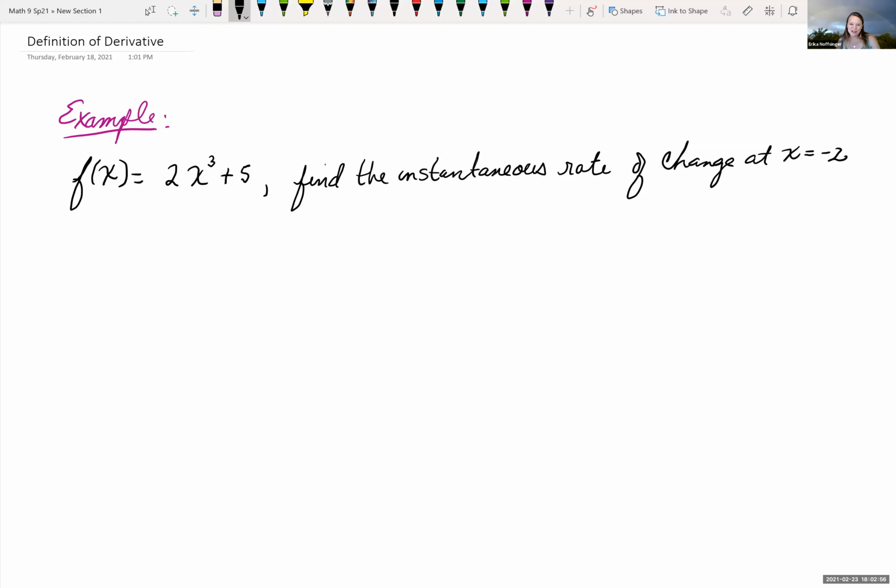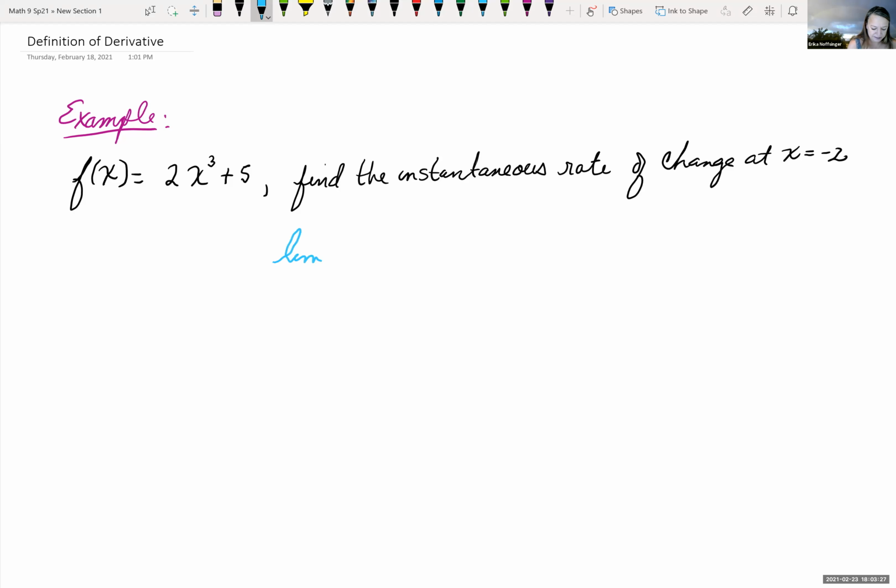So we've been starting to look at rate of change, the difference between the average rate of change and the instantaneous rate of change. Let's look at an example where we have a cubic function, f of x equals 2x cubed plus 5, and we want to find the instantaneous rate of change of this function at x equals -2. And recall, when we're looking for the instantaneous rate of change at a particular value,